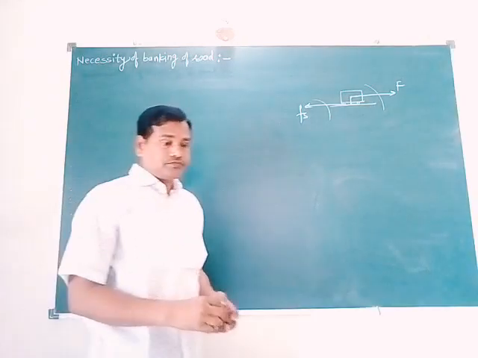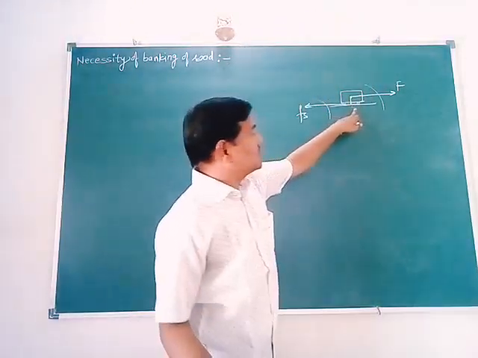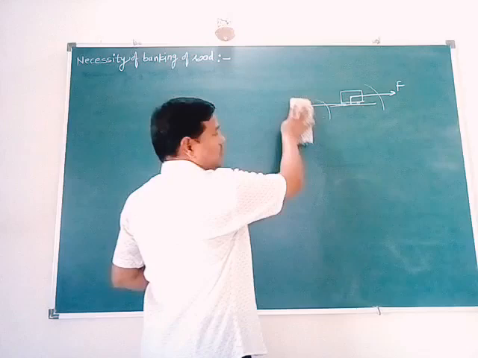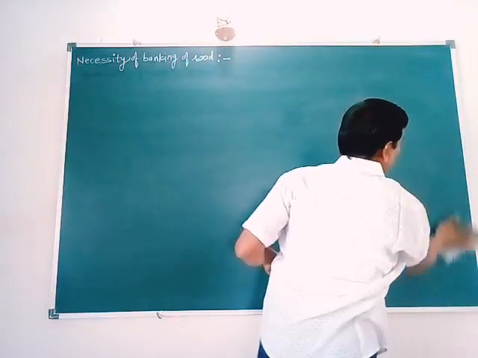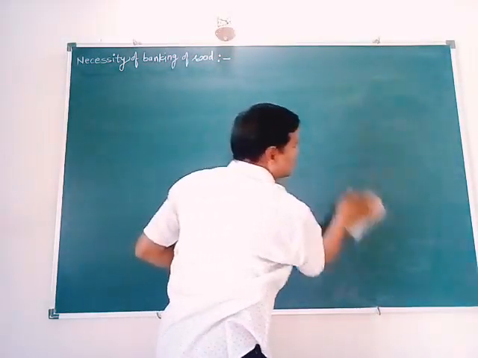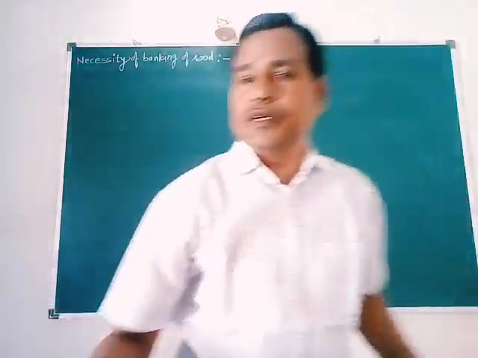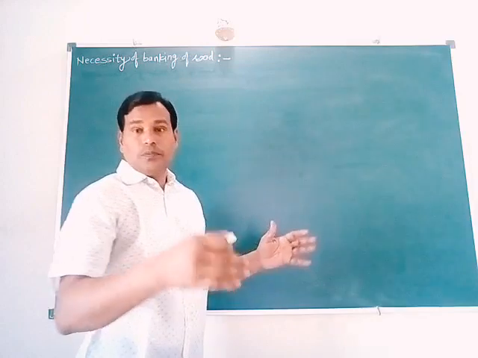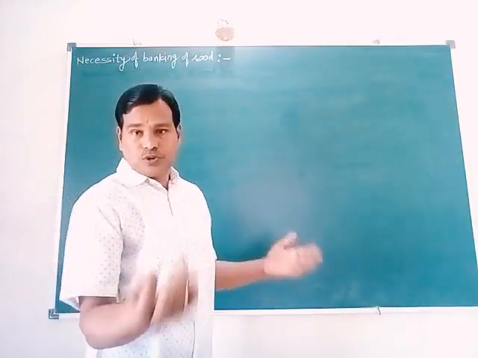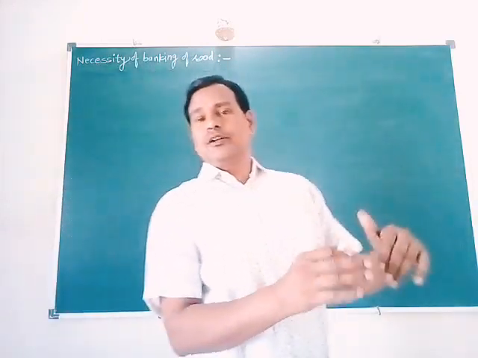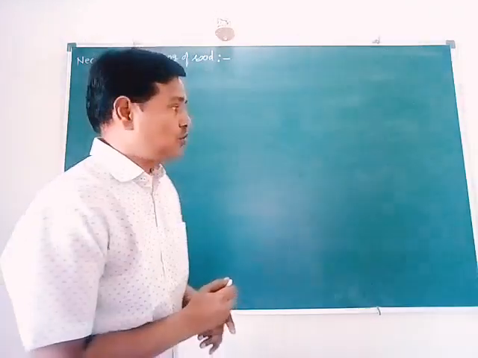For a plain curve road, the condition is that the speed must be within a particular limit. We cannot increase the speed of the vehicle on a plain curve road beyond that limit. If we do so, the vehicle may get thrown off the surface of the road.